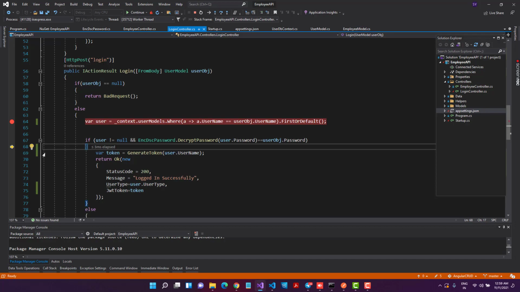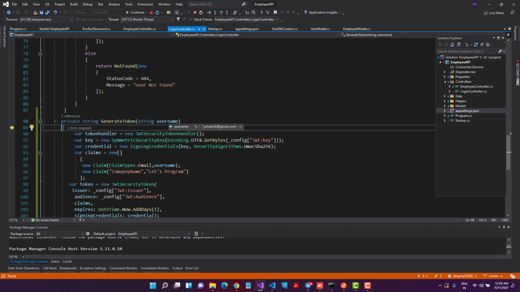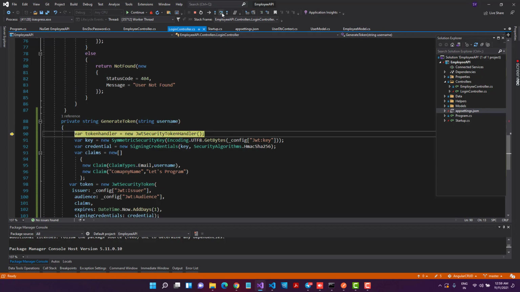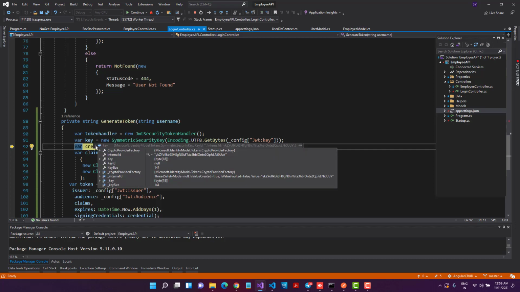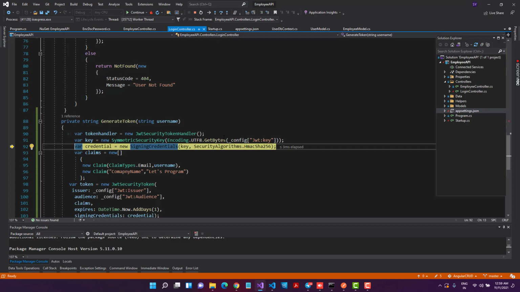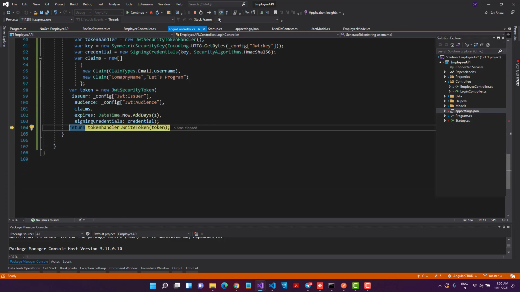And now in this line number 69, we are going to generate our token. So for this username vaishashi30@gmail.com, I will generate a token. So let me go inside this. Now it came to this method. So this is my username which I have passed. If I go further, this is our security key, which is converted into bytes. With this symmetric security key, this takes our credentials and claims, and this issues our token. It returns the token handler, which helps to write our token.